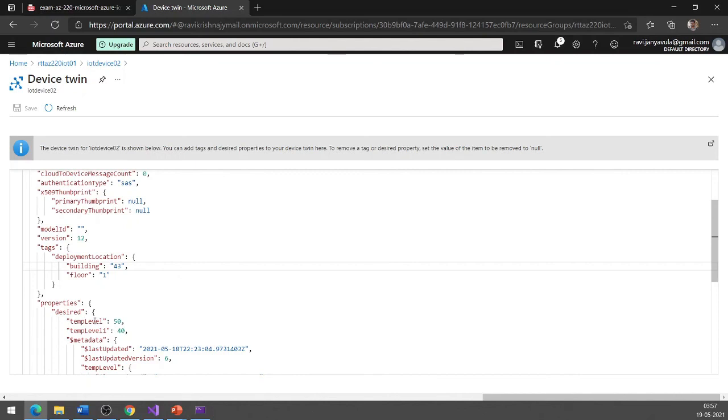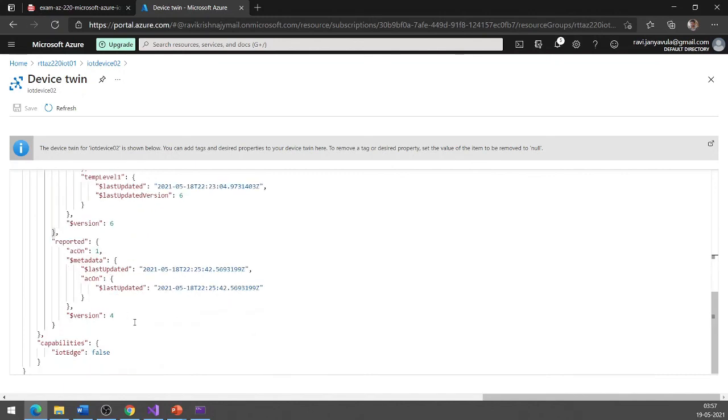Because you might be thinking, if you want to update a huge amount of data, you might want to leverage device twins, right? The reported properties as well as the desired properties. But the thing is, you cannot have the value size more than 32 KB. So whatever you are passing in the device twin desired properties and the reported properties needs to be inside that 32 KB value.